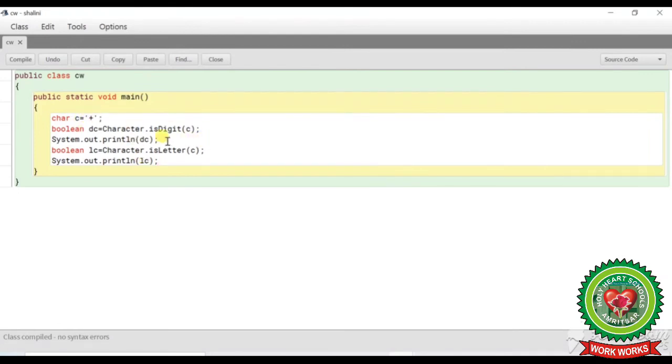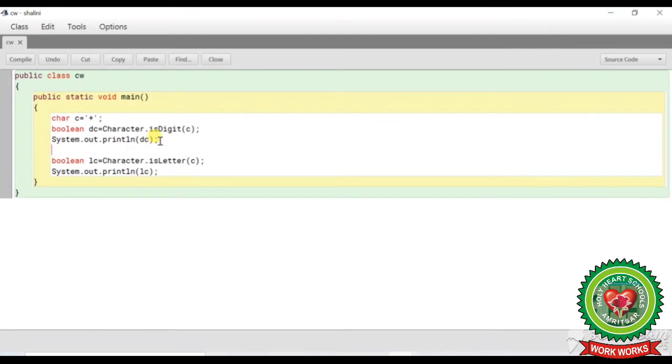Now here I'll take one more variable. Let's suppose char ch equals, in brackets, small a, and here I will change it. I'm going to take ch over here, and here a semicolon. Okay, now let us see our result.